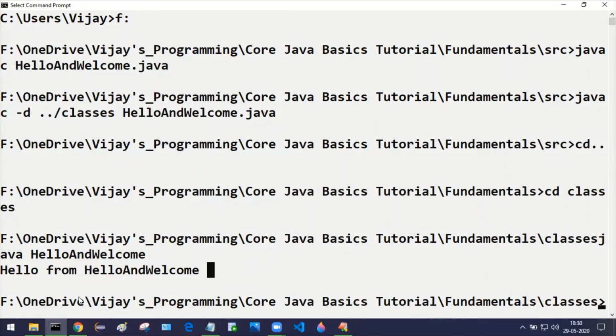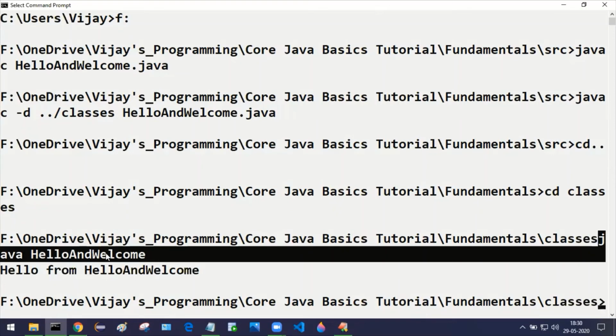So it includes some more work, right? We go back one previous folder by using cd double dot, and I change the directory to the classes folder. Then we trigger this command to run our Java program.